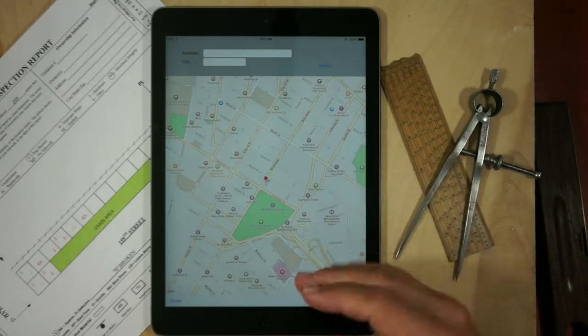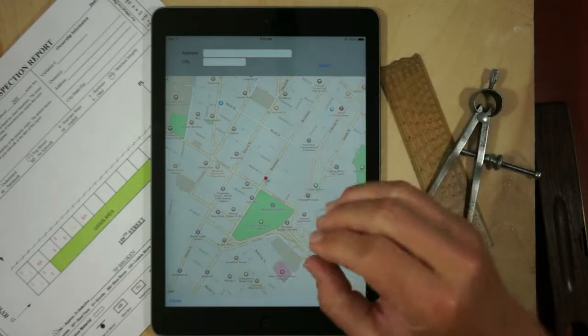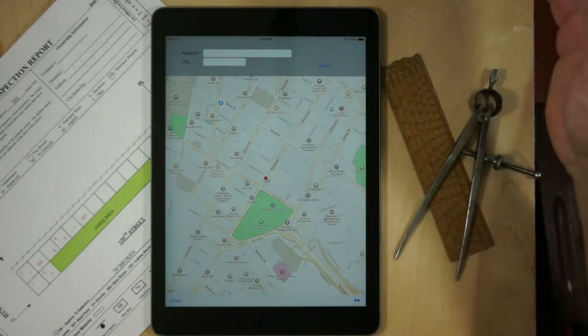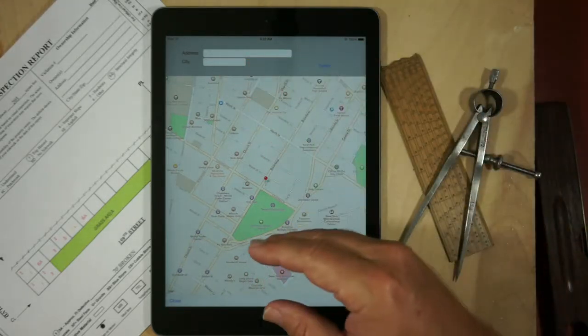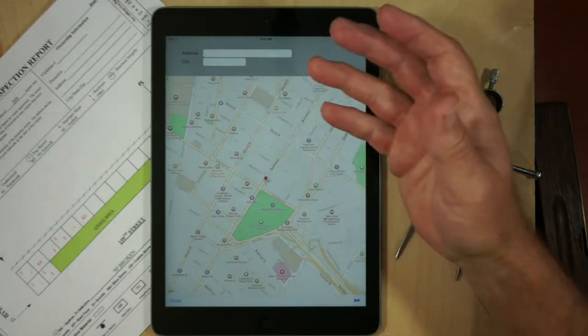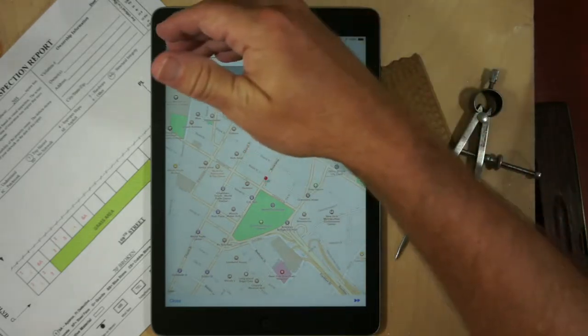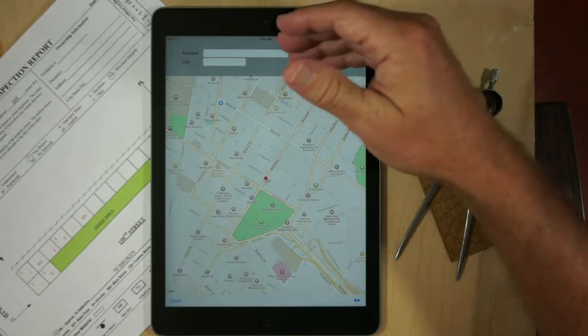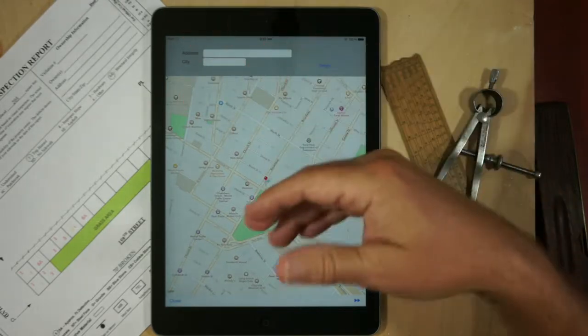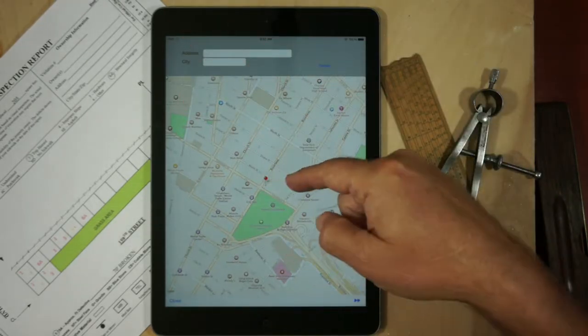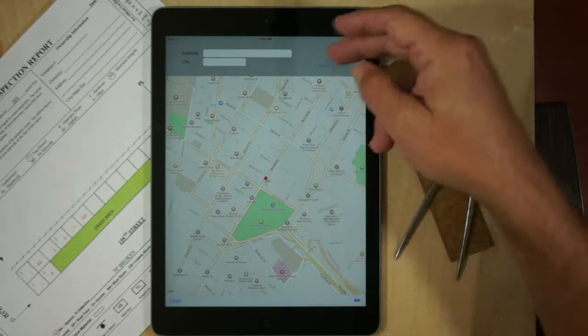have a button that allows them to open up a web view, and this is now going to make a web call to their backend system and will display all the locations that need to be inspected. They also will have the option of searching for an area, and so for example, they can put in an address, and once they've decided on an address, either by picking a location off the map or by typing in